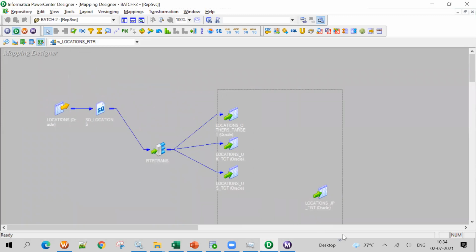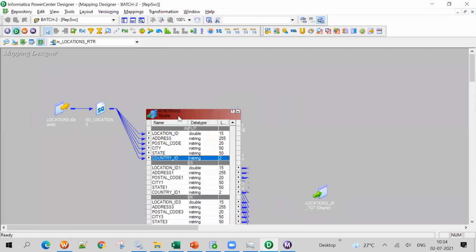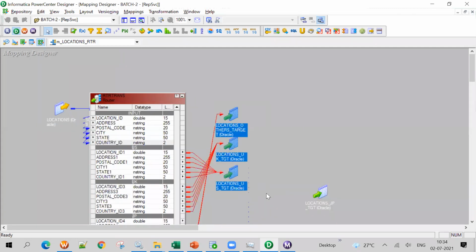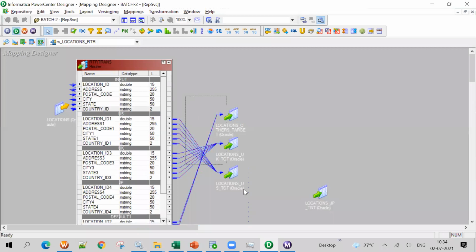We are using multiple target tables here. Suppose you are giving 4 conditions and only 3 tables, then how much will it be? Maybe it is giving output as the same records, but they are going to different tables. It is not going to a single table. You cannot connect to a single table.